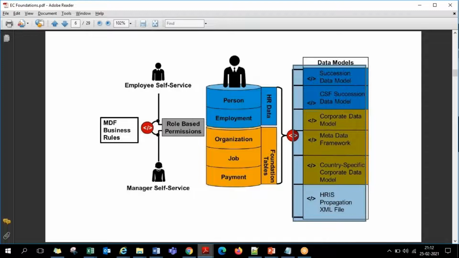Okay, great. Here, these data models you see, succession, country specific succession, corporate, and country specific corporate, are the four important data models that play the backend role in the SuccessFactors Employee Central module. Not only Employee Central, every module of SuccessFactors has some XML files in the background that keep functioning. These four data models belong to Employee Central exclusively. As I told you, they are completely standard, pre-delivered lines of coding, which we download from the important website help.sap.com, as I showed you yesterday.